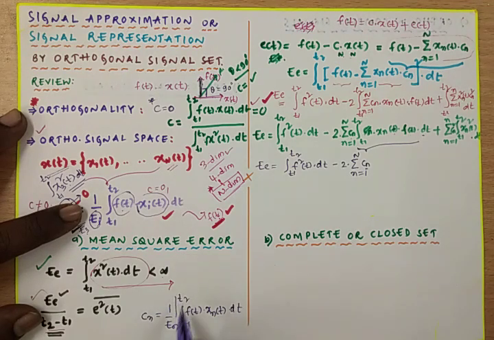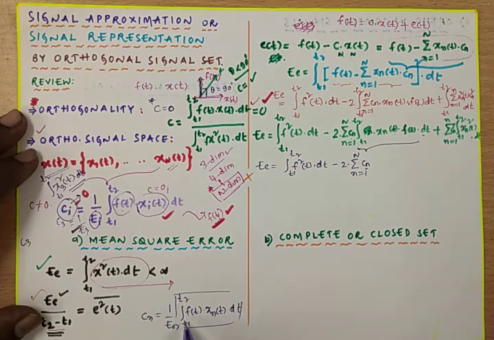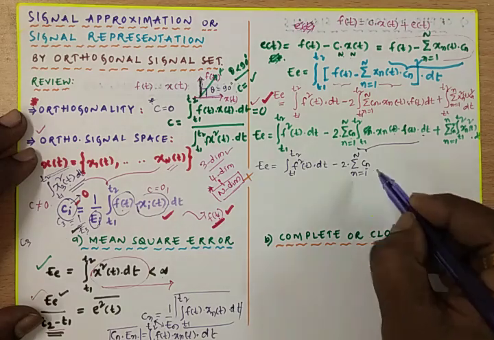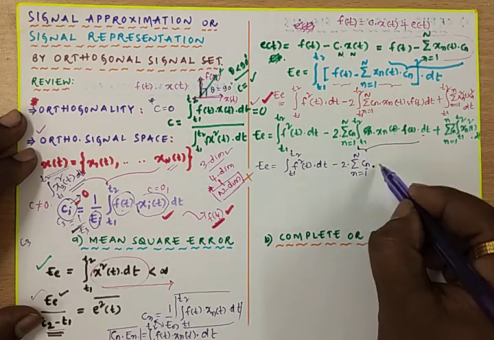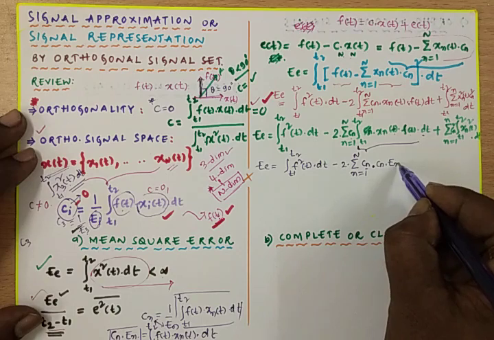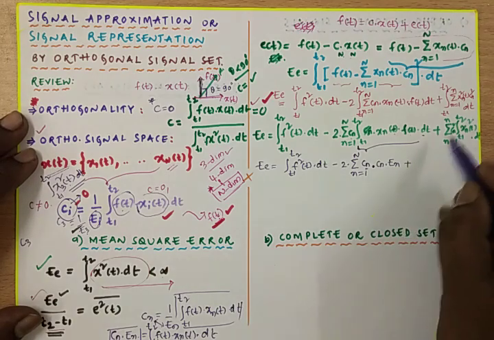So now this part is equal to what? The integral T1 to T2 of f of t into xn of t dt is nothing but a cross multiplication only. Cn into En is equal to the integral T1 to T2 of f of t into xn of t dt. That means the integral T1 to T2 of f of t into xn of t dt we can simply replace by Cn into En. I am simply replacing this term with Cn into En plus,